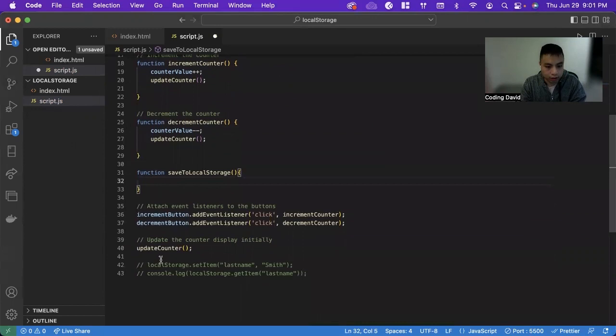And let's look at this, for example. So we're going to follow the same format, localStorage.setItem. And here we give it any key we want. So this is what we're going to use to identify it. So we can say count